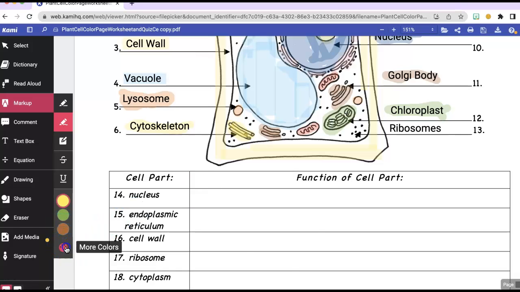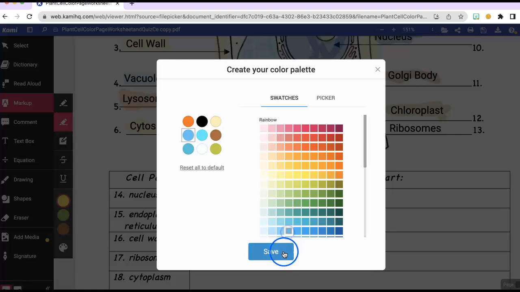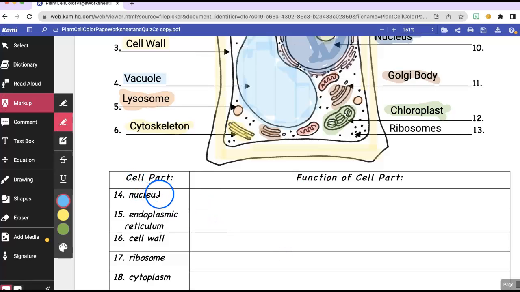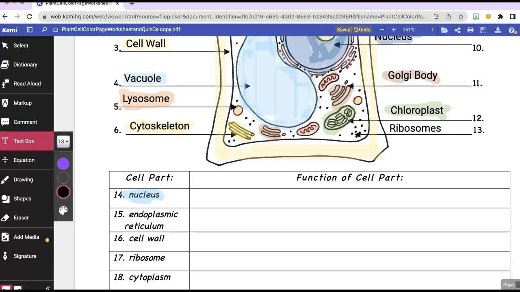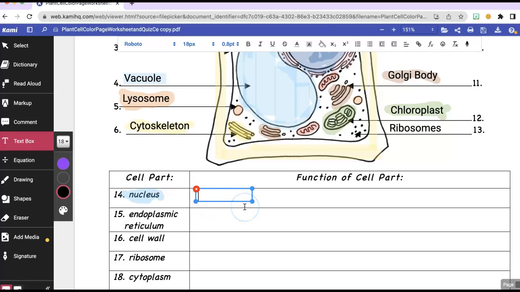So I believe a lot of you probably have the word nucleus color-coded blue. So I'm going to do that real quick. Not necessary for you if you have not done it. Let's give the definition for it. It's the same definition that we used in the animal cell. The nucleus is known as the boss of the cell. Okay? It controls everything